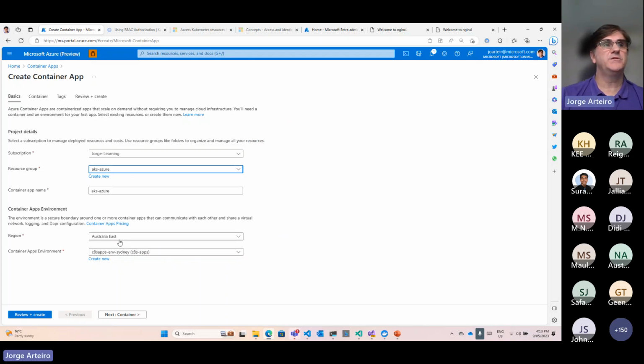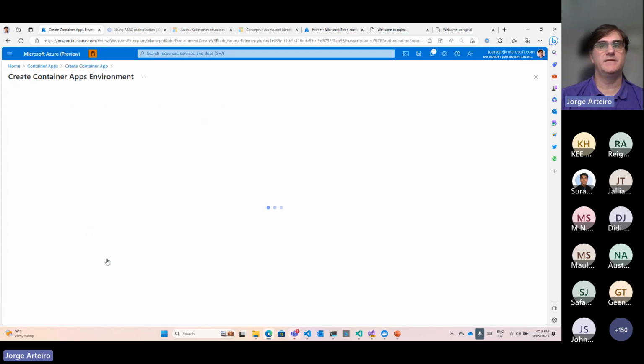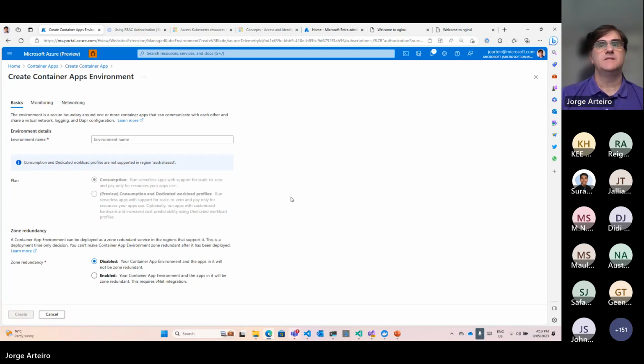I set my region on Azure, I set the name and the resource group and subscription. And I need to use a container environment, okay? Normally, you can create a new one here. I have done that already. So before you deploy container apps, you have to create this environment where you can deploy multiple container apps. You call it container apps environment.